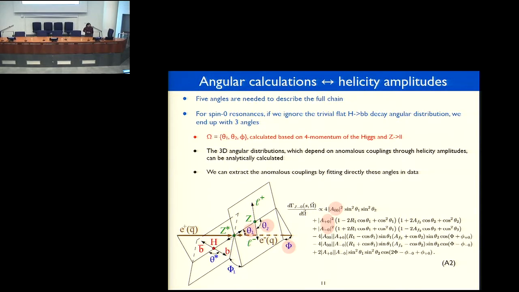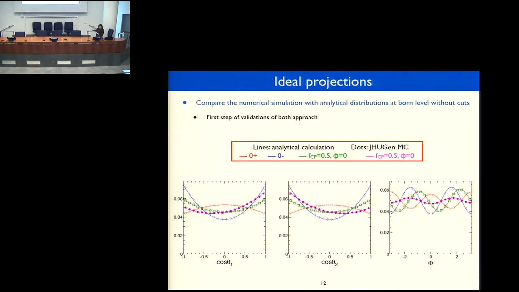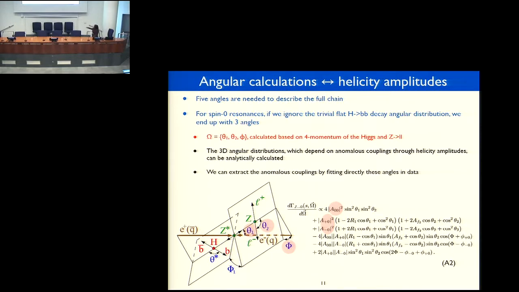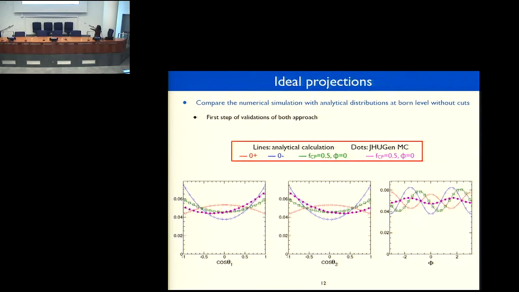What I like about this approach is that it is a bit old-fashioned, because you can analytically predict the distribution. You don't need numerical methods; it's analytically predicted. I think this information is quite useful as an independent approach compared with most of the numerical-method-based analyses. Just to give you an idea of how these distributions look, I will show you